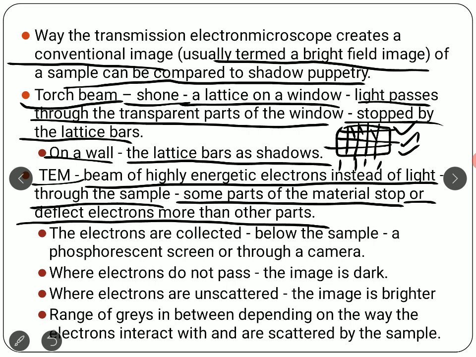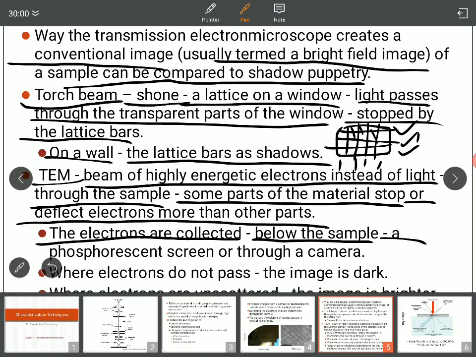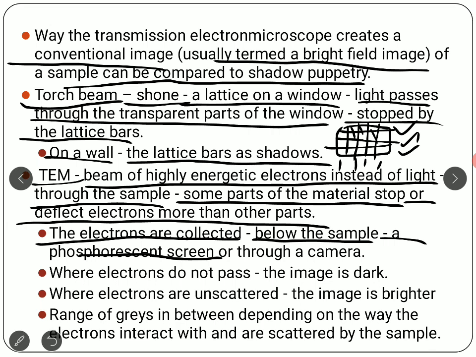So as a result, it becomes thicker and thicker. The chances of electrons transmitting to the other part become lesser and lesser. After the electrons are transmitted, they are collected below the sample. Okay, and then we basically have a phosphorescent screen there. So we can have direct imaging by using a phosphorescent screen, or we can actually use a camera and